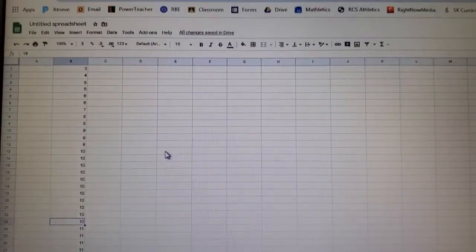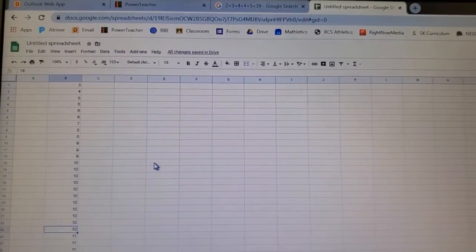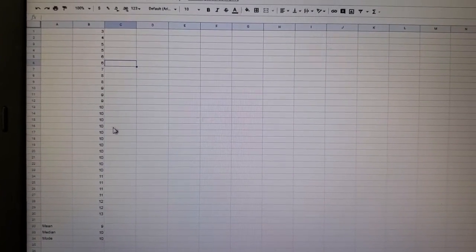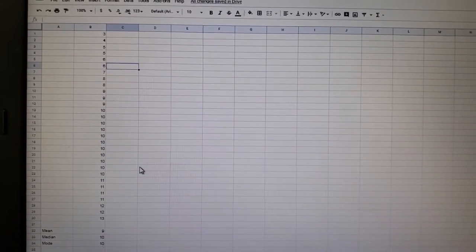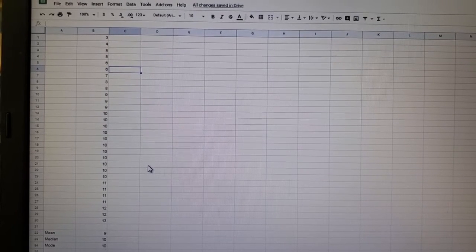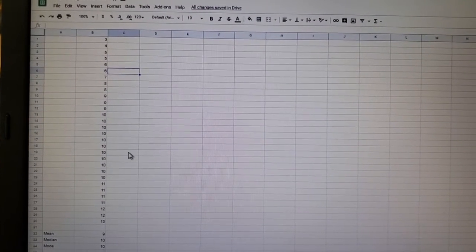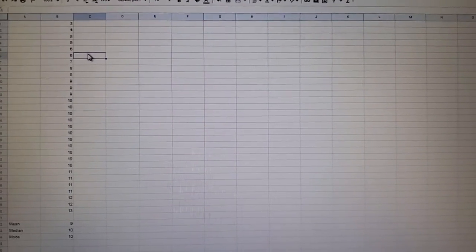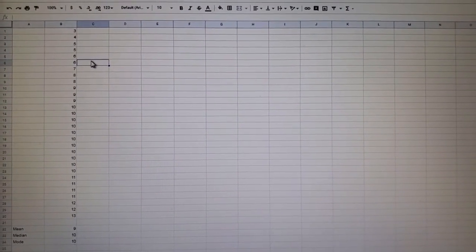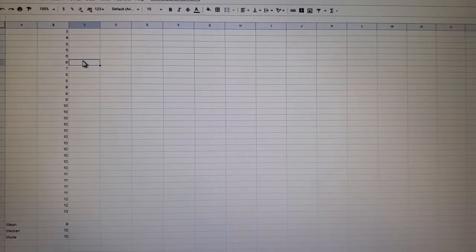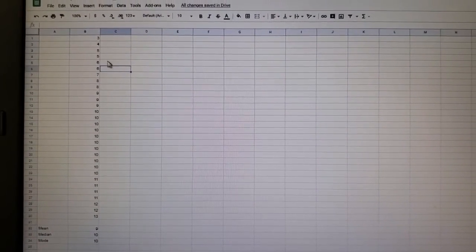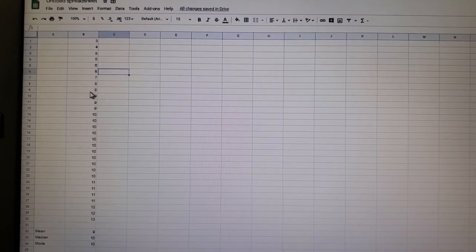Hey everyone, I have Google Sheets open, and I've used a spreadsheet because I want to show how to use this so that you can calculate things maybe faster if you have a lot of data points. This is the same as in 7.4 applications of averages. This is the same example I did there with that shoe store, and they're trying to figure out what size it is. I just typed in all those shoe sizes here,